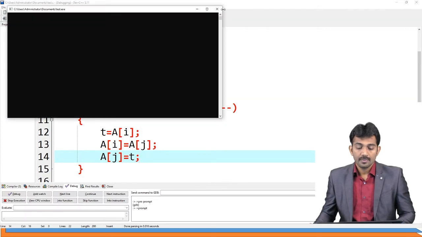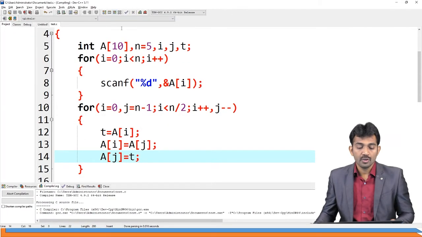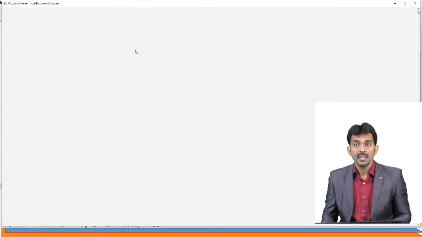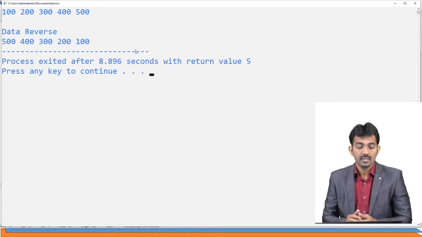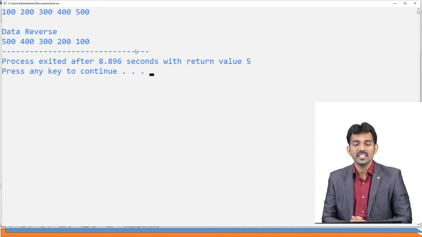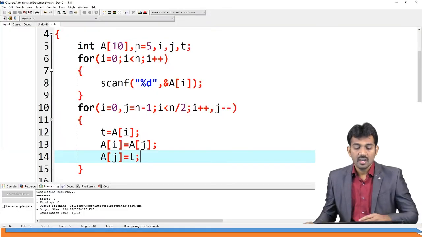See, if you are going to run this code, I'm going to give the 5 numbers: 100, 200, 300, 400, 500. Got it? Data in reverse order. Got the answer, right? Yes or no? In the same array, what did I do here?